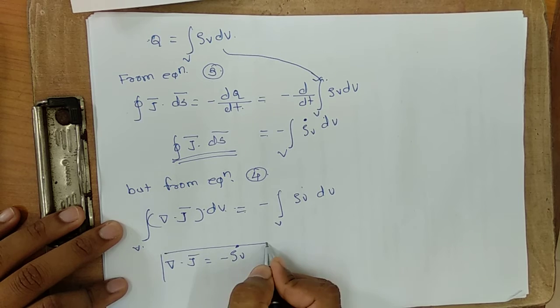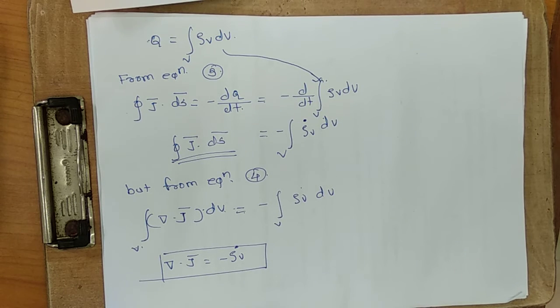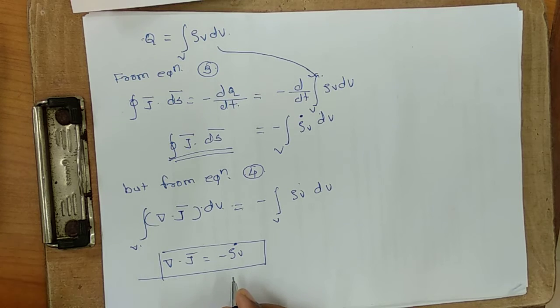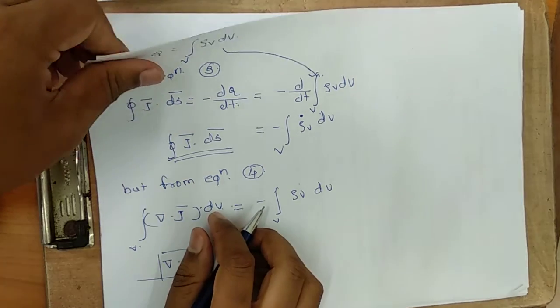So that is the continuity equation for the current. Okay, so this is the continuity equation for the current. Many times they will ask a problem or derivation on this, where you have to give the continuity equation for 5 marks. So we will see one problem on this.